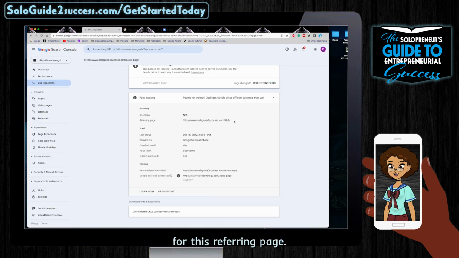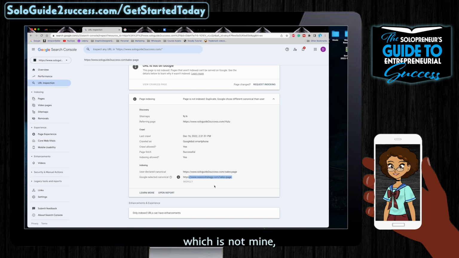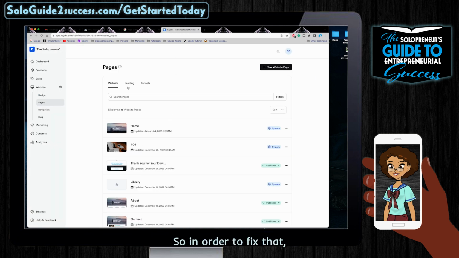For this referring page, it's supposed to take them to this sales page. But this sales page was set up for a different funnel that I ended up putting as a draft because I went with a different one. So consequently, the site not having anything available and taking them to a 404 page means that Google is now recommending that they take them to this wavestrategy.com sales page, which is not mine and also does not have anything on it. So in order to fix that,